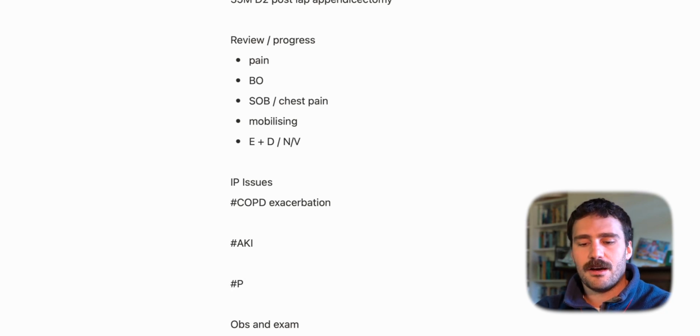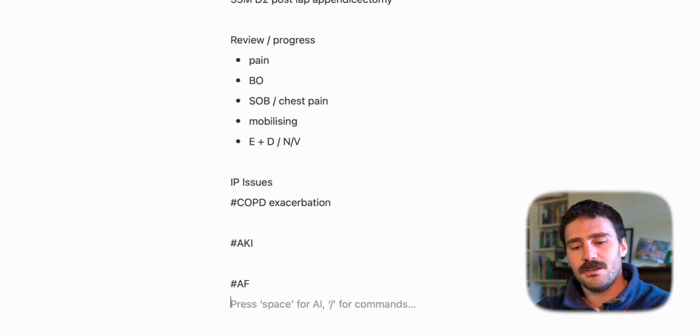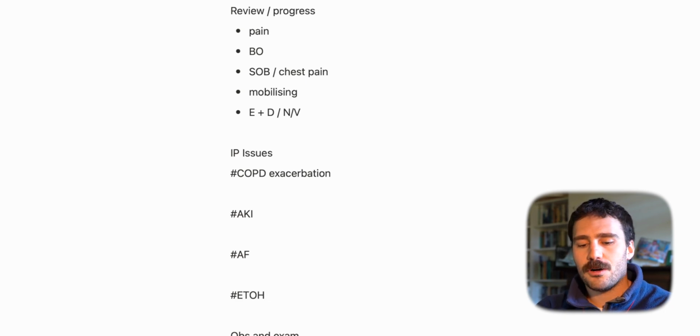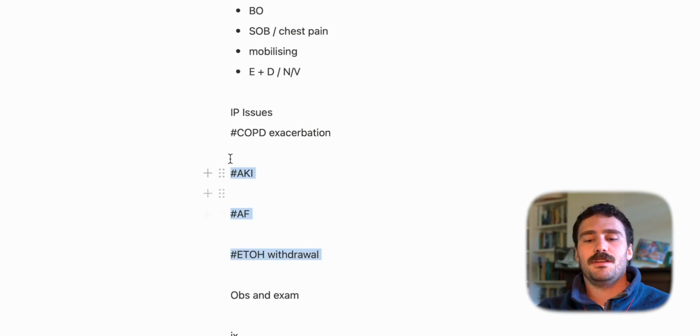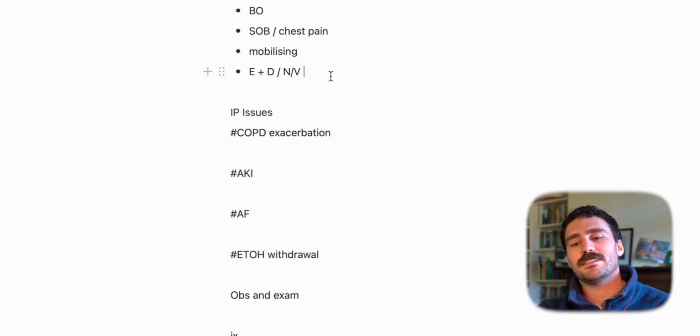Maybe they have some atrial fibrillation that's stirred up because of all this AKI and exacerbation of their COPD, their lung condition. Maybe they use a lot of alcohol and they're having withdrawal symptoms. So if they have multiple issues and it's hard to keep track of them,